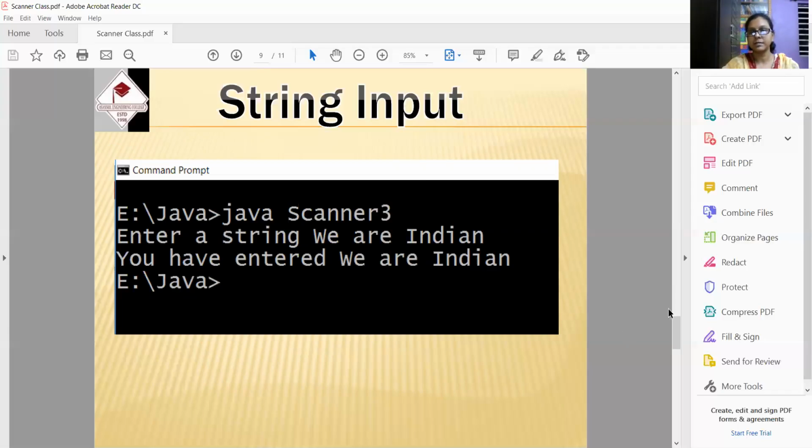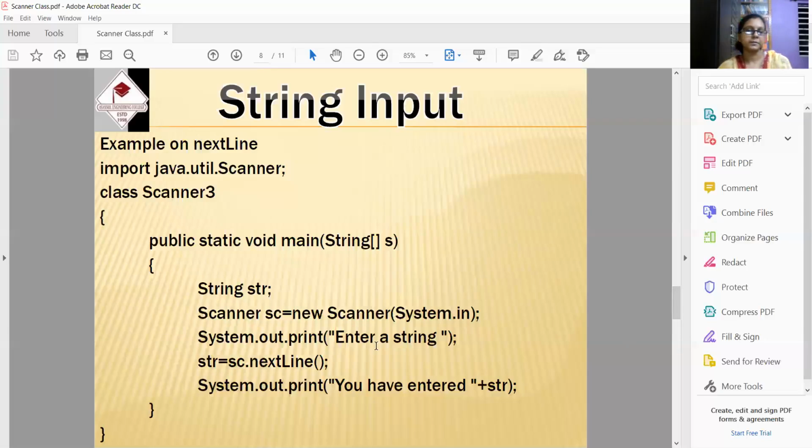Now I have to tell one thing here. There may be code where a string variable and an integer, or another primitive type like byte, may be required. Then what to do? A string variable should obviously be declared to store the user's string input, and an integer, byte, float or double variable should be declared to store the user's numeric input.